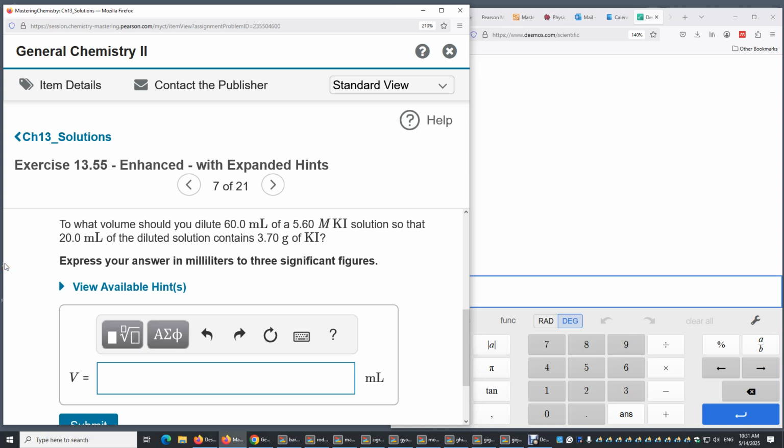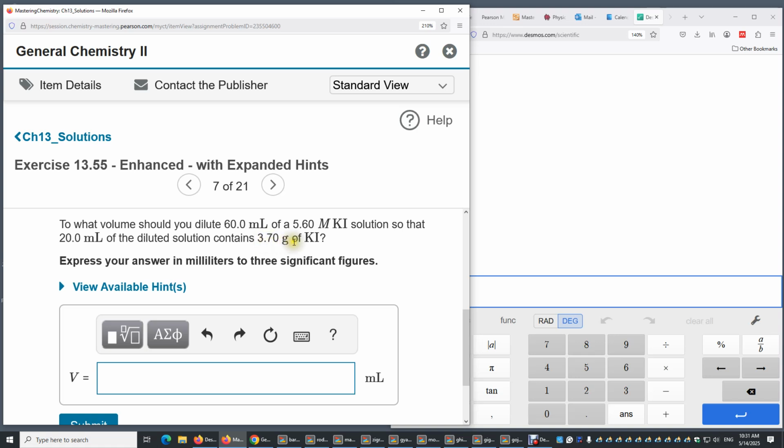Chapter 13 Solutions. Exercise 13.55. To what volume should you dilute 60 milliliters of a 5.6 molar potassium iodide solution so that 20 milliliters of the diluted solution contains